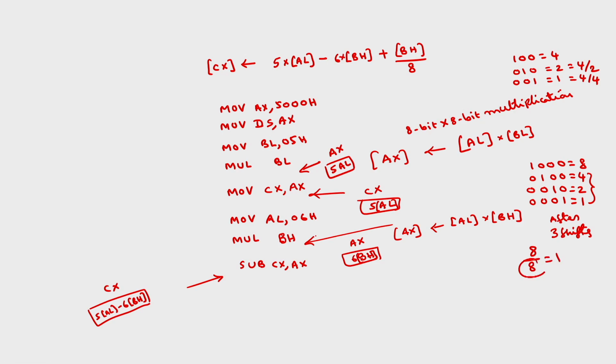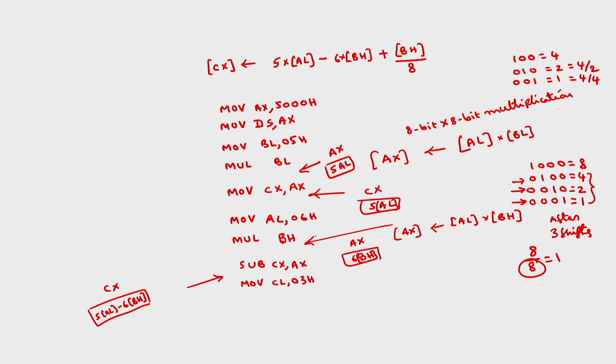So, division by 8 can be performed by just shifting to the right by 3 bit positions. In order to shift by 3 bit positions, you have to add zeros here, this is important. Okay. So, in that case you can use MOV CL, 03H, the number of bits to be shifted.